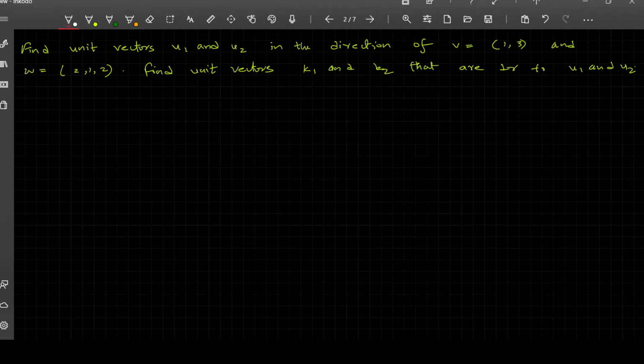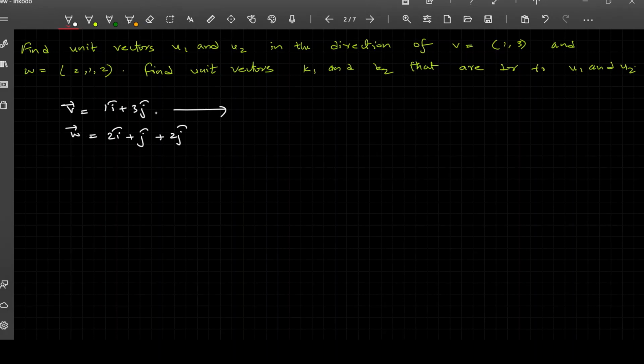I've already stressed this point a lot of times. If you need to find the unit vector, you just need to divide the vector by its magnitude. That's it, then you'll get a unit vector. So these are the vectors given to us: v vector is 1 i cap plus 3 j cap, and w vector is 2 i cap plus j cap plus 2 k cap. People say you need to divide by direction cosines or something like that. Please don't mind all that language. It's all about your understanding, the way you understand the concept matters.